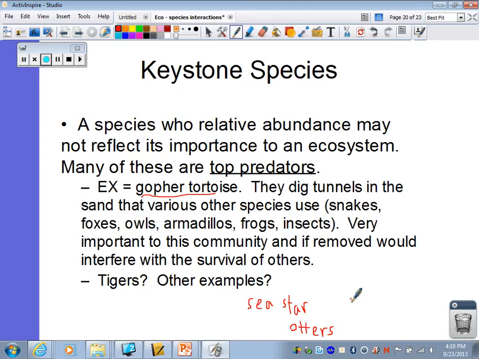What else? We have mycorrhizal fungi, which is a fungi that attaches to plant roots, and they really, really help with plant growth. They're crucial to the root system of plants. They help with plant growth. They're considered a keystone species. And then one other example I have